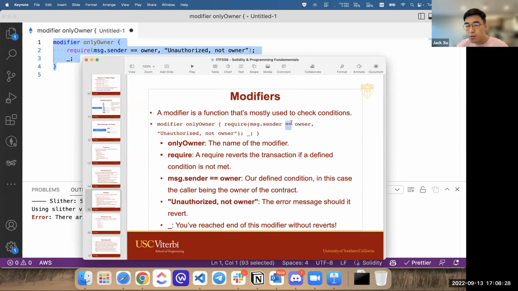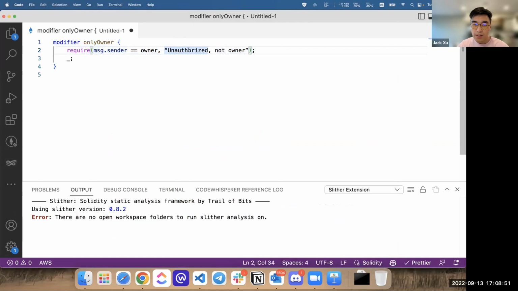The equality comparison will evaluate to true if they're equal, and if they're not equal, it will return false. Now you can see things start to make sense here. If the person who's sending this transaction isn't the owner that we defined elsewhere, then we revert the whole transaction and give this error message back.